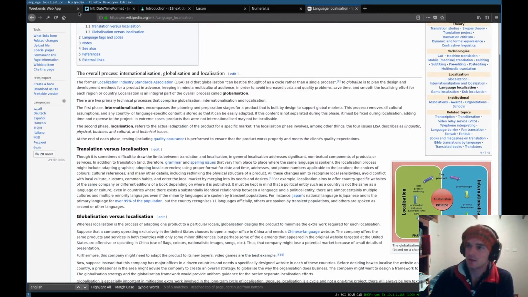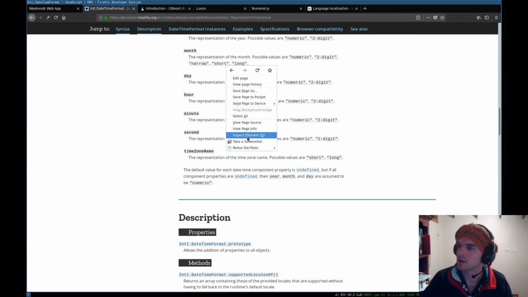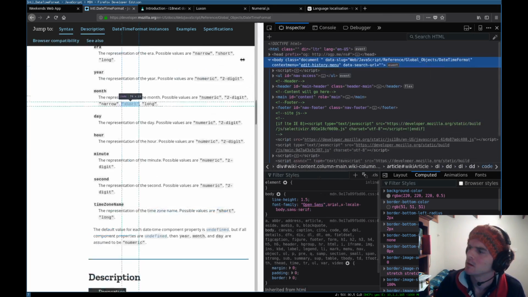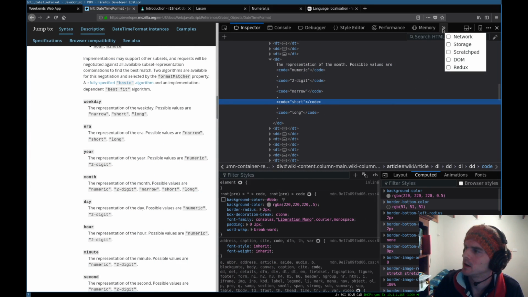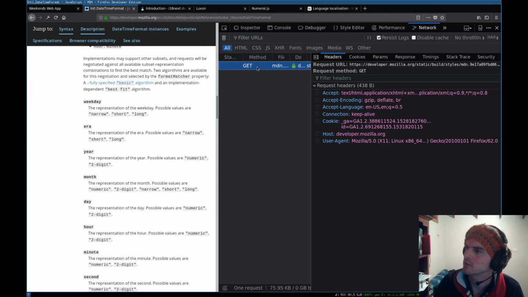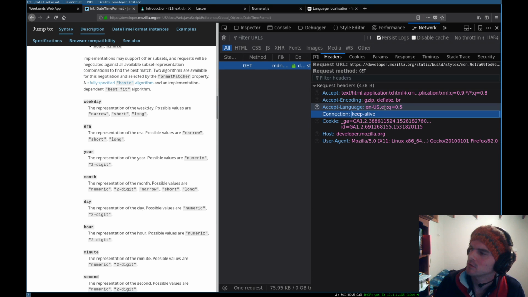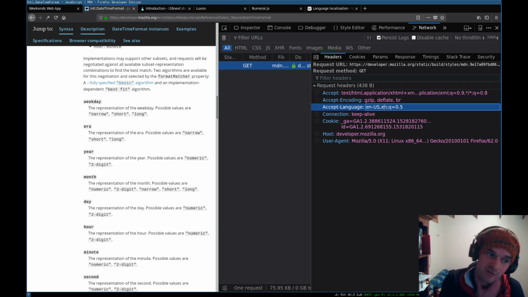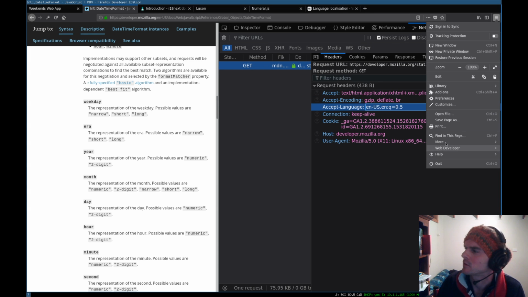So typically, whenever you visit a page, your browser talks to the web page about what language it's accepting. You can see here, accept language. So you can see there that we've got some idea of what we want it to give us: EN-US and then EN. That's just because I haven't changed this browser from default settings to my language, right? So we could jump into our settings here